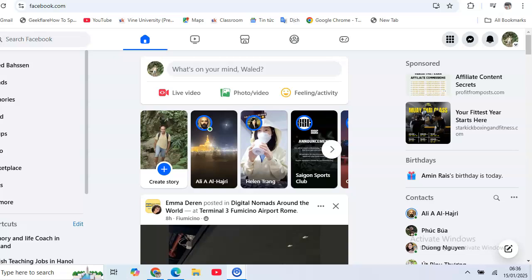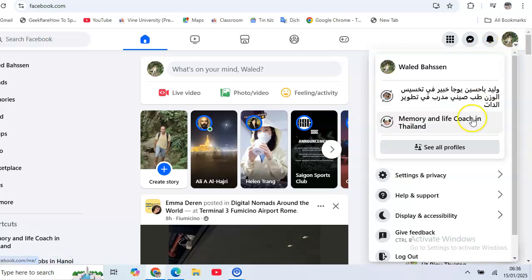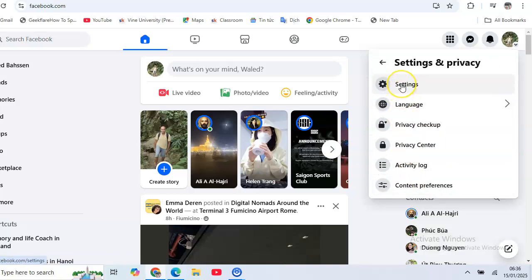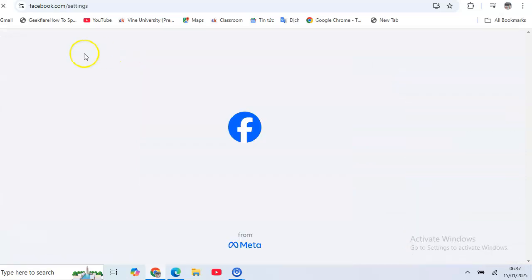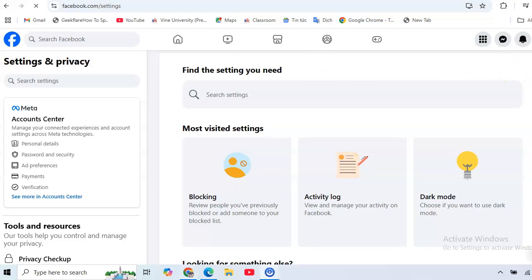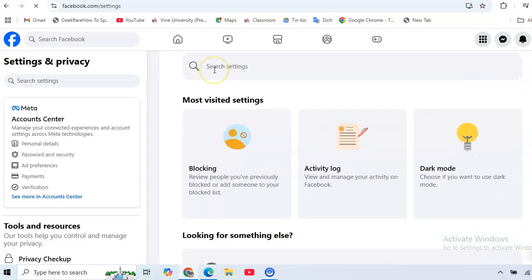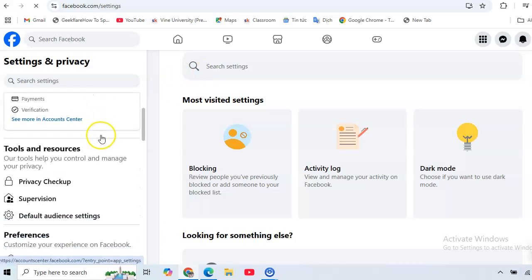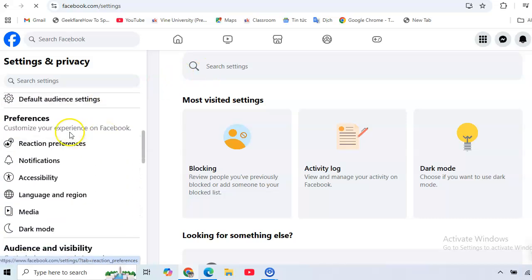Okay, how to turn on and off tag notifications on Facebook on PC. First, just go to Facebook and then click on your profile icon. After that, click on Settings and Privacy and then click on Settings, and then in the left sidebar just scroll down and here under Preferences, click on Notifications,